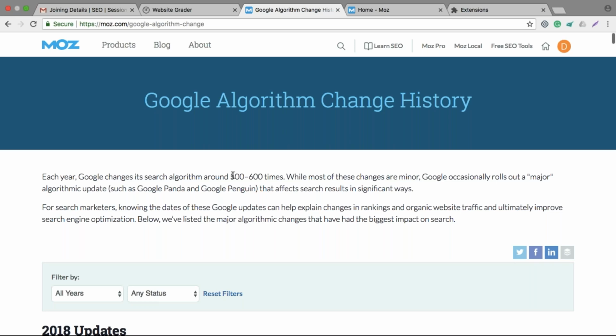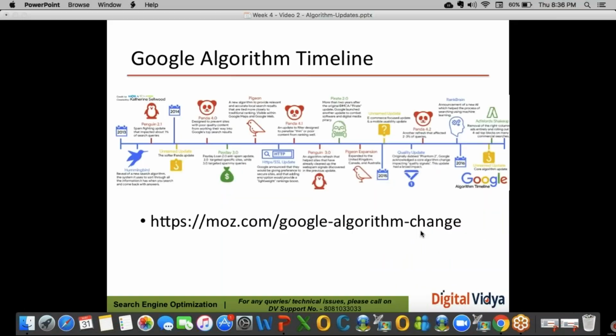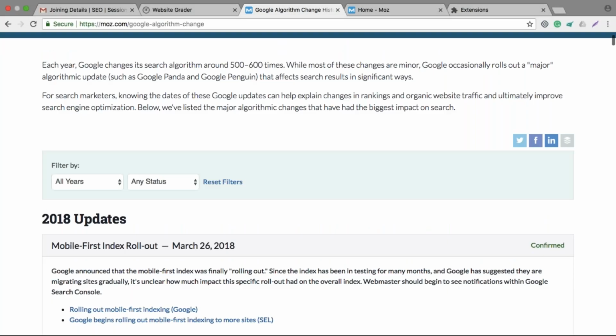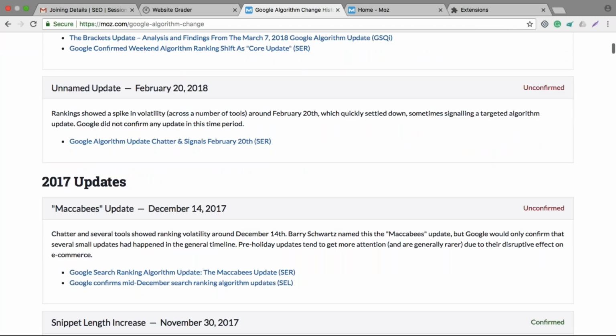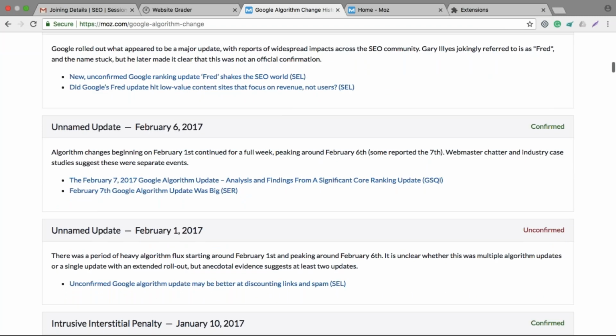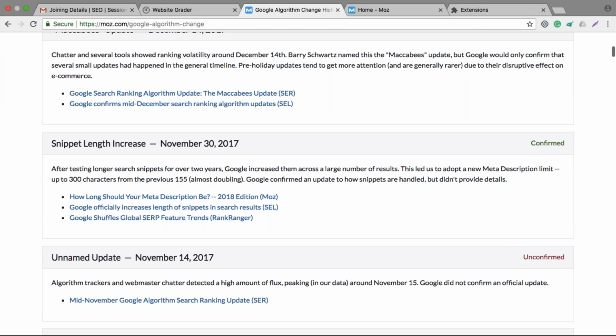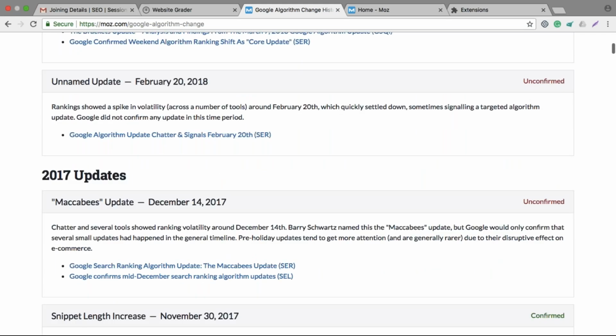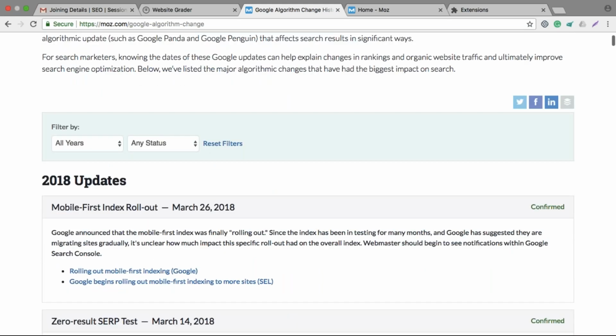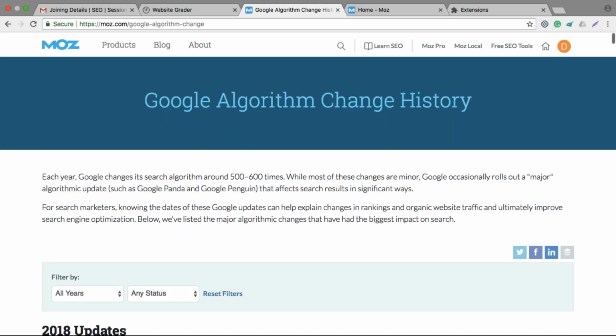So it's very important for you to understand what Google Panda and Penguin are all about, because these are two of the major algorithm updates. By following this page you'll get to know the entire history of the algorithm, with the date of when they came up with each algorithm update. It is available on Moz.